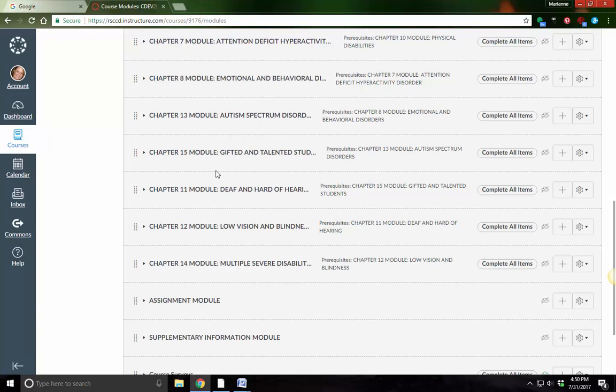But interestingly enough, my son's IQ is elevated as well. So the gifted and talented students, even though right here the book has this as the last chapter, I put it here because you're going to see, and not only because I have a bias because this is the world I live in, but you're going to see kids who are gifted but also might be ADHD. And so what does that look like? And is that going to be in a separate classroom or a typical classroom? Yeah, typical classroom. Remember, least restrictive environment.